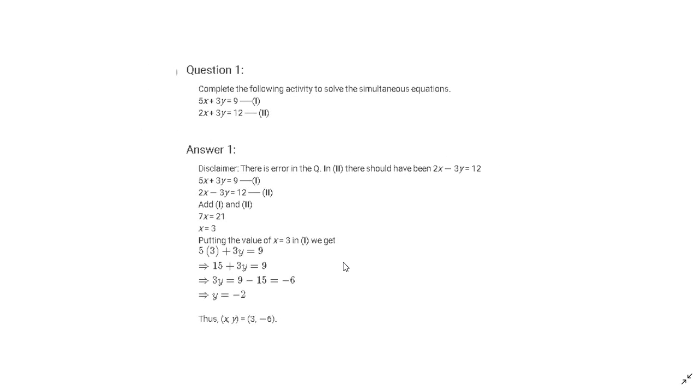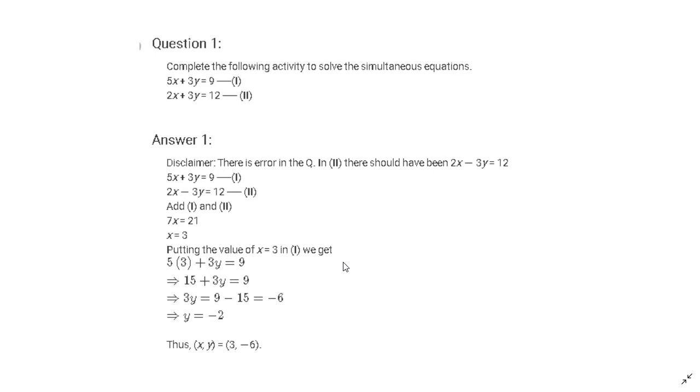So practice set 1.1 and the question number 1 is complete the following activity to solve the simultaneous equations. Simultaneous equations are given as follows: 5x plus 3y is equal to 9 and 2x plus 3y is equal to